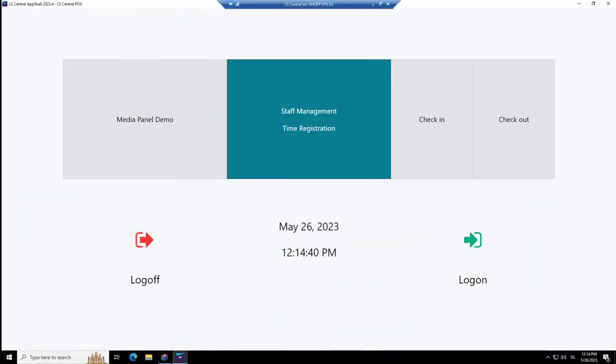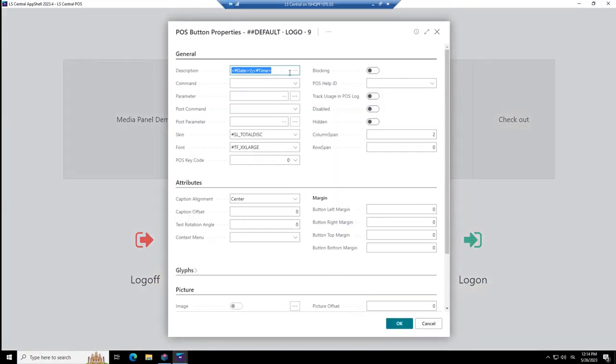We have previously looked at POS tags, so let's look at it a little bit again. Remember this information here is a button. What's behind it? Right-click, button properties, and you see two POS tags with a backslash between them for making the new lines. One POS tag is the date, another one was the time.